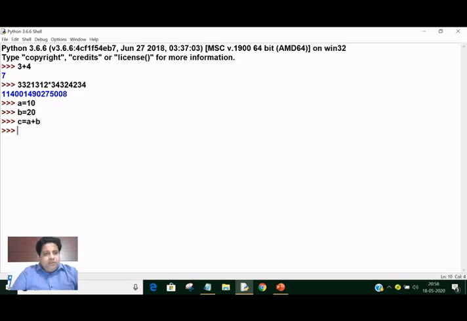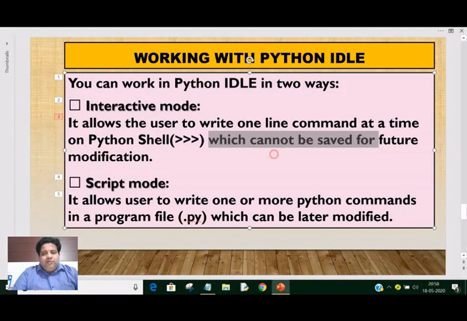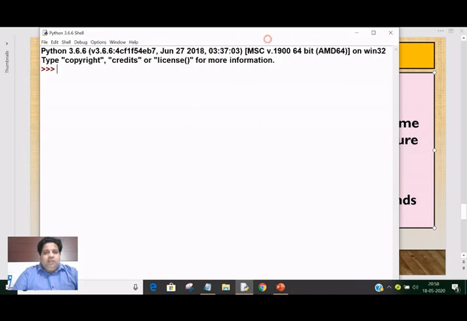So in this I have written three commands. A equal to 10 is the first command, b equal to 20 is the second command, c equal to a plus b is the third command. Now if you want to print the value of c, only write c. It will print 30. So it is a simple program in Python. But if I close this Python window, that program is not saved. Now again open the Python window and write the program again.